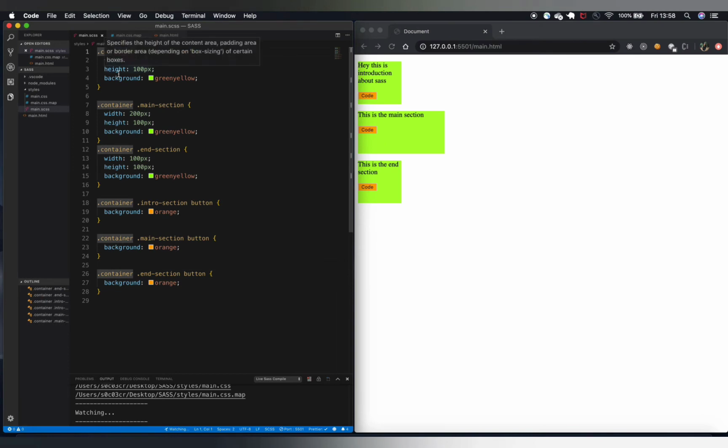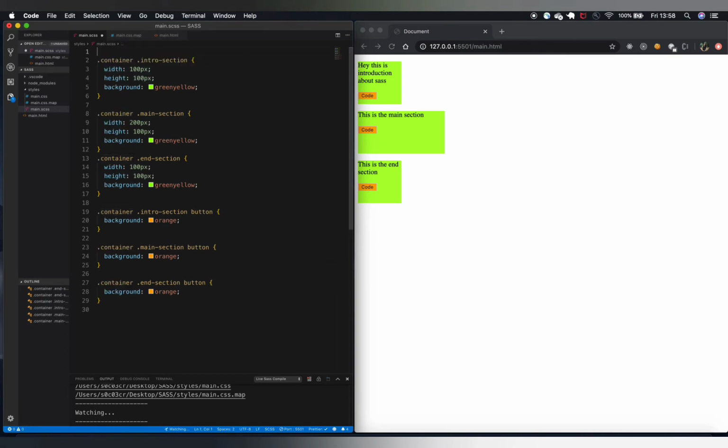And this is where variables in Sass are going to help us. In order to declare a variable, it should start with a dollar sign. So you say dollar and the name of the variable. Let's name it button primary, and let's say the color I want to use is yellow instead of orange. Now all I have to do is use the button primary color here. Yeah, that's it. Now all three of them have become yellow, and let's say now we want to change it back to orange.